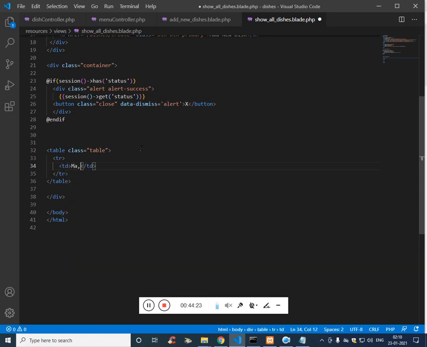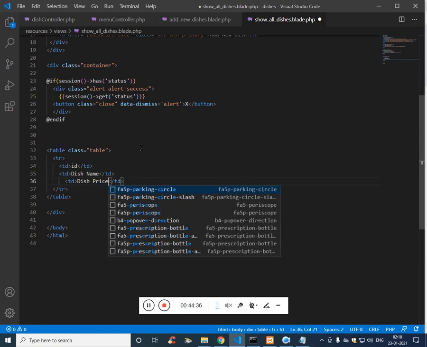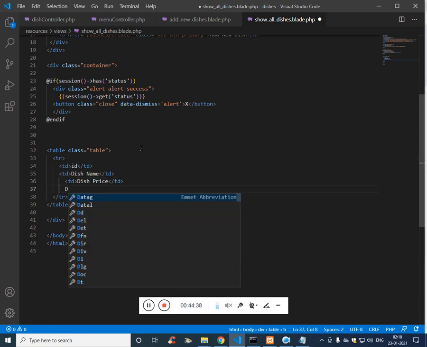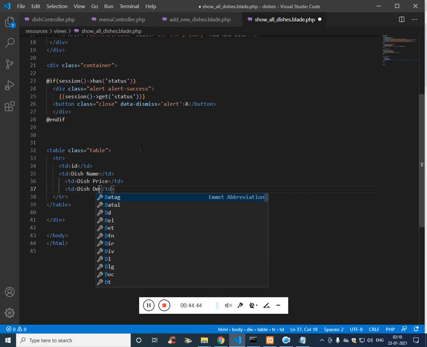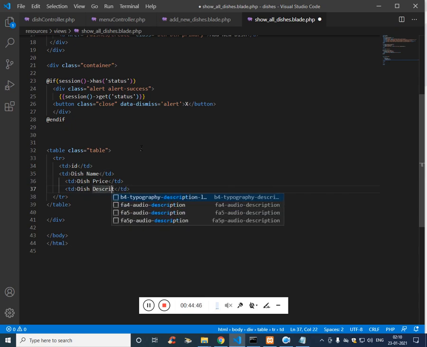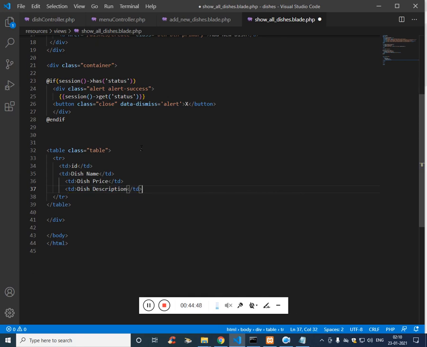The first one is ID, the second one is dish name, the third one is dish price, and then we have dish description, and then dish image, and finally edit and delete.